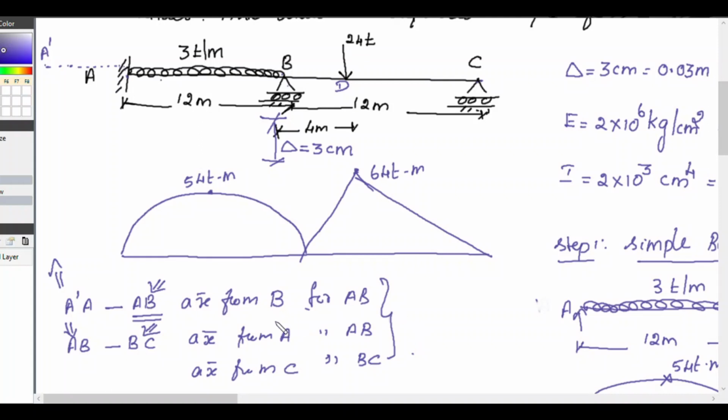Okay. So see, for AB we have to measure it from A and B. For the span AB you have to measure it from A and from B. For BC only one time we are taking BC, and that we have to measure it from C. So we can avoid this step. From B it is not necessary. We will measure it from C. Okay. Now